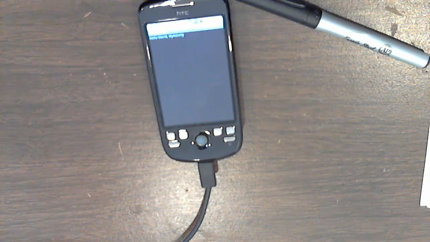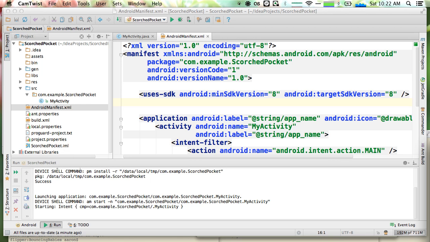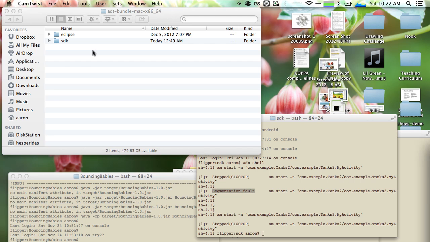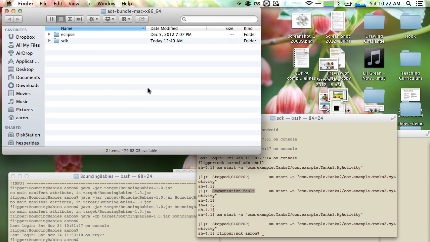Alright, back to my desktop. Whoops. Switch to nothing. There, back to my desktop. Okay, so we'll minimize IntelliJ for a moment, and we are going to create an Android emulator that will run on our